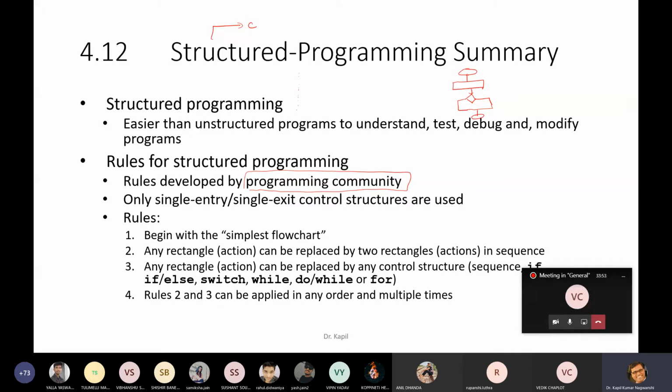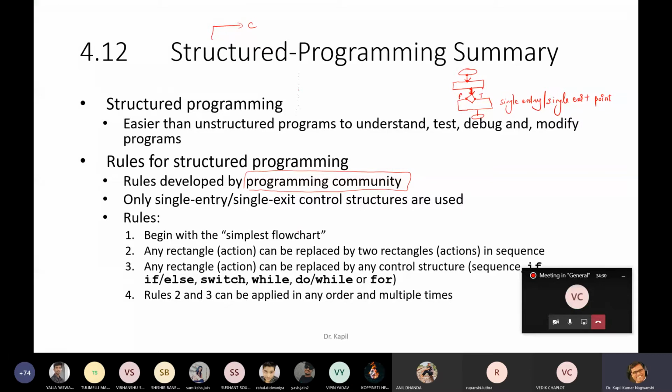From this place to this place, there is only a single entry. This is the single entry, and this will be the single exit. Two exit points are given, but at a time you can exit from either true or false. That's why it is known as single entry and single exit point. Clear or not? Yes, sir.